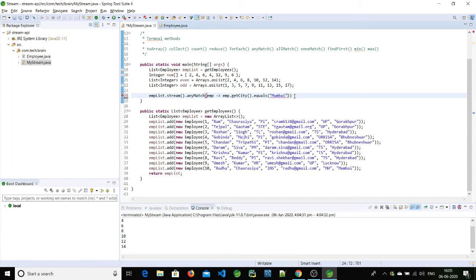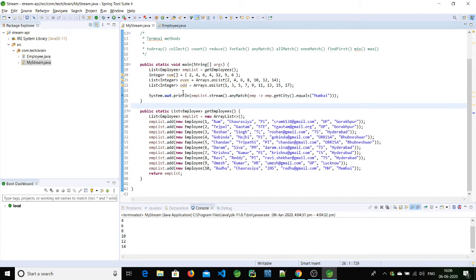This is anyMatch, and I'm going to print this boolean value.